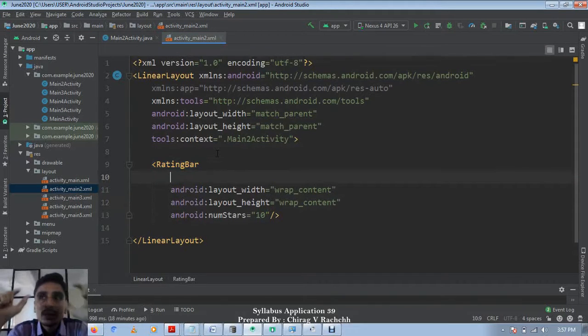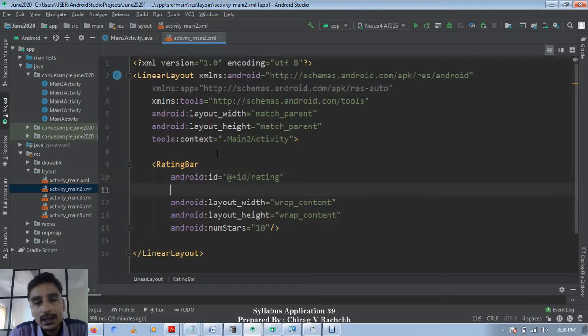Now whenever the rating is changed, meaning the client gives a rating, at that time an event of the rating bar is fired. So we need to handle that event, and in response to the client's rating we have to show one dialog box. In other words, we have to handle the event using some event handler on the rating bar. So for the rating bar, to handle the event we should allocate some ID to it. Let's give it the ID just rating.